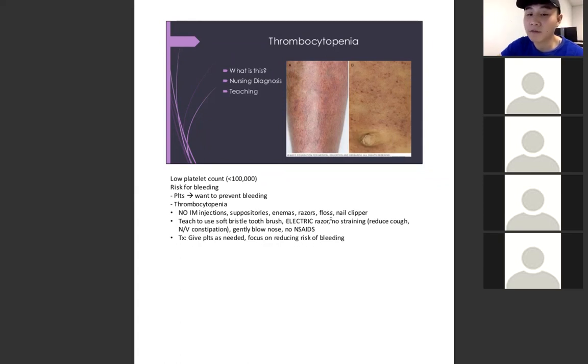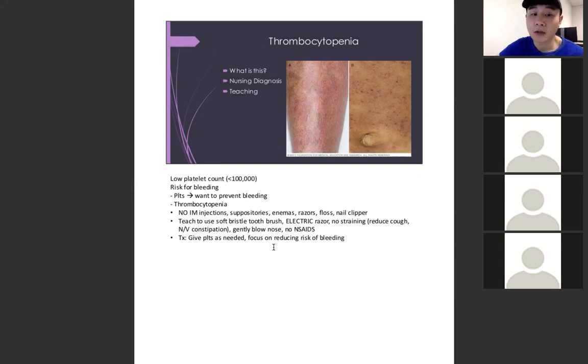We do not floss for this patient because it can cause bleeding gums, and do not use nail clipper for this patient, or not letting them do it by themselves. Teach them to use soft bristle brush. There's a special kind of brush that they have to use. Use electric razor instead of regular razors. No straining, meaning no bearing down when they go pooping, because the anal area is where a lot of vessels are. So when they strain or bear down, it can cause bleeding, especially if they are